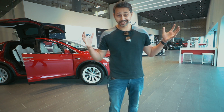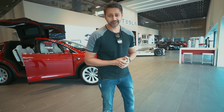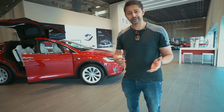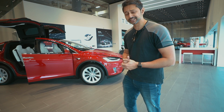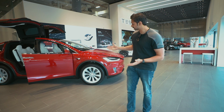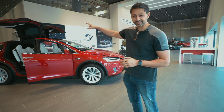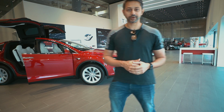Today I'm here at the Tesla showroom in Dubai. As you guys might know, I'm a huge fan of Tesla cars because I love the technology that they have inside them. Unless you live under a rock, you probably already know that Tesla makes amazing electric vehicles. Now this behind me is the Tesla Model X, and as you can see, it's got some really unique features, including these amazing doors. But today I've come to check out the Tesla Model 3, which is all the way